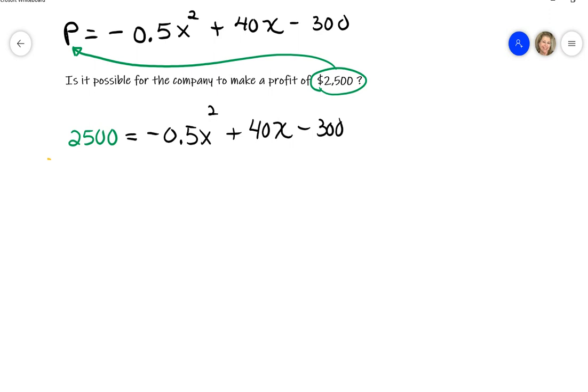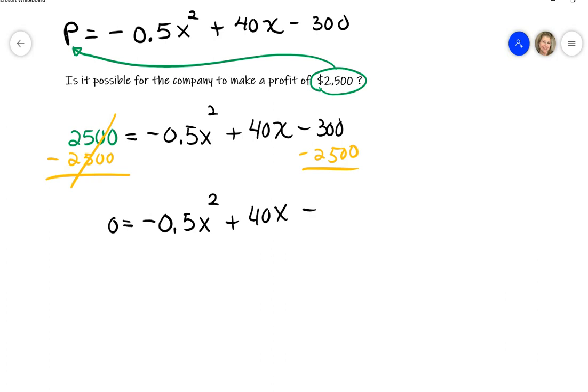Now, on this one, I'm going to start the way I did on the last one. I'm going to set it equal to 0. So I'll subtract over the 2,500. That cancels out. So there's my 0 equals negative 0.5x squared plus 40x, and this is negative 2,800. And then I'm going to divide everybody by negative 0.5